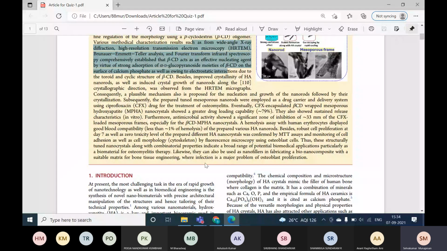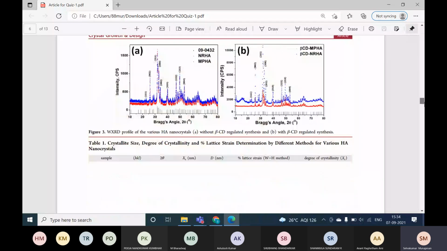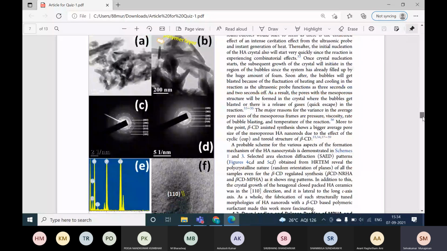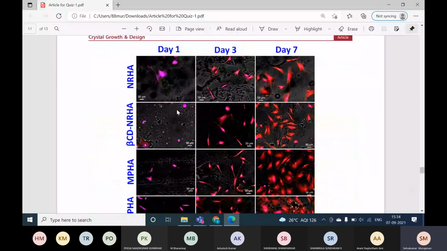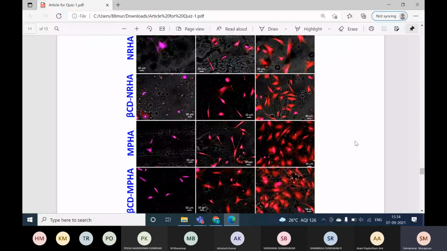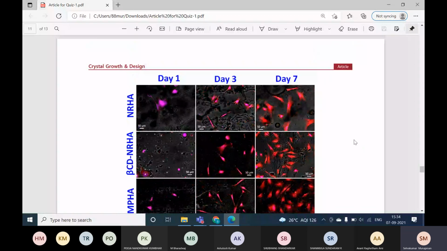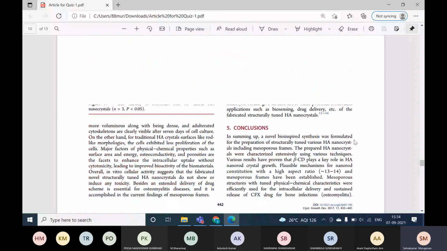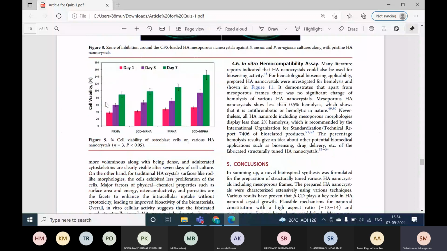So that's it. If you see the conclusion, the other steps, you can read or you don't have to read. That's up to you. But if you see this figure, this is day 1, this is day 3 and this is day 7, for the cell culture results. You can also see the optical density of the cells, how many cells grew over the period of time. NRHA means pristine hydroxide nanorod, which has no pores, and this is again beta cyclodextrin wrapped mesoporous